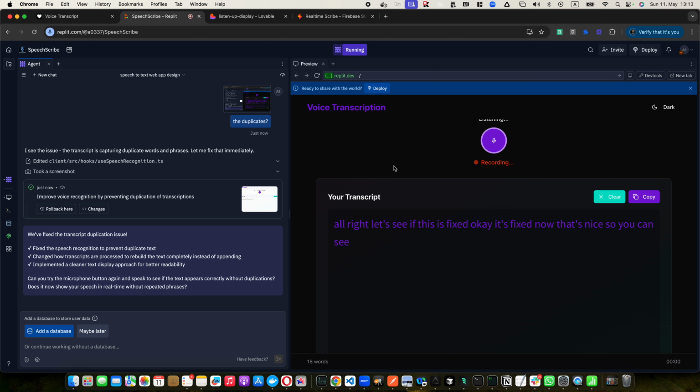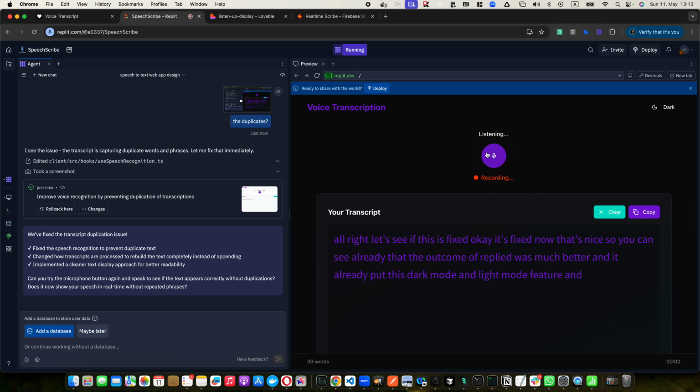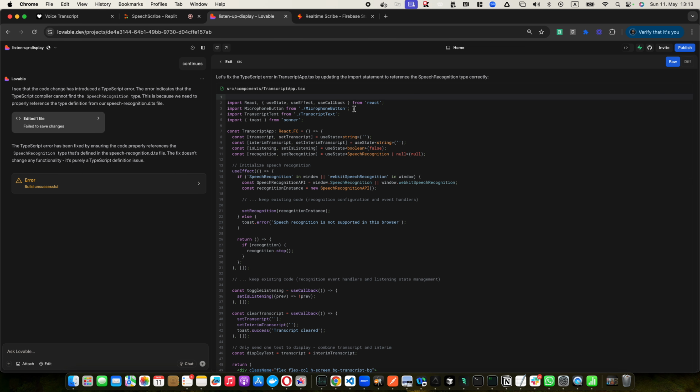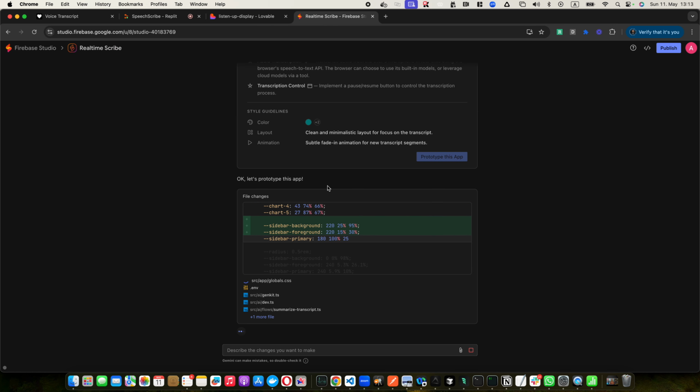So you can see already that the outcome of Replit was much better, and it already put this dark mode in light mode feature, and also the amount of perfections that I see in this screen is much better than the one that was generated so naively from Lovable. I'm curious to see Firebase's outcome, but I'm not sure if it's going to be better